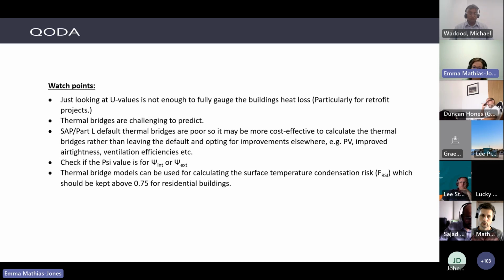You can use your thermal bridge model to calculate the surface temperature condensation risk, but just keep in mind there are different boundary conditions there. So hopefully now you know why we need to think about thermal bridges, the types of thermal bridges, how to look out for them, conventions, and a little bit on the Part L requirements. That's